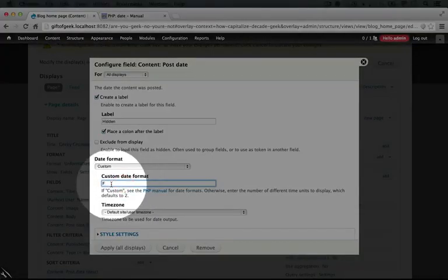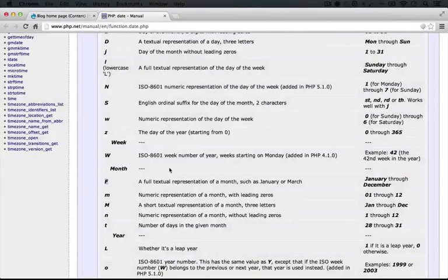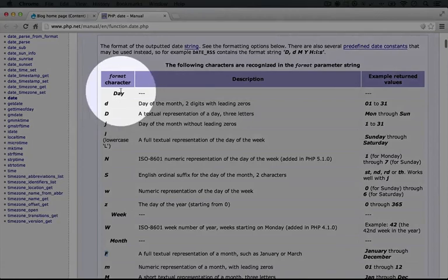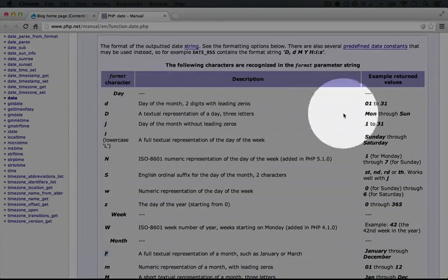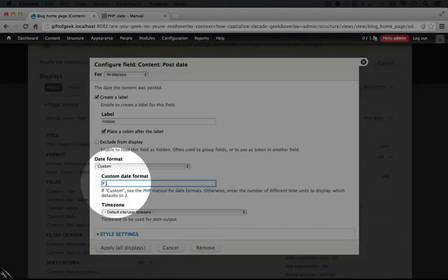and I'm going to paste it in here, and I'm going to add a space, and now we need the day. So I'm going to jump back over to the date and scroll up to day, which is right here. And now this first one is close, but we don't want the leading zero. That's a little awkward when we're looking at natural date representations. So we're going to choose this one here, which is 1 to 31, and that's a lowercase j. So I'll copy that and go back over to the blog content and paste it in.